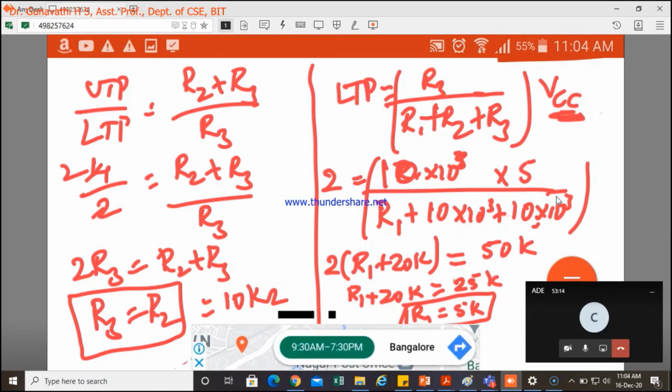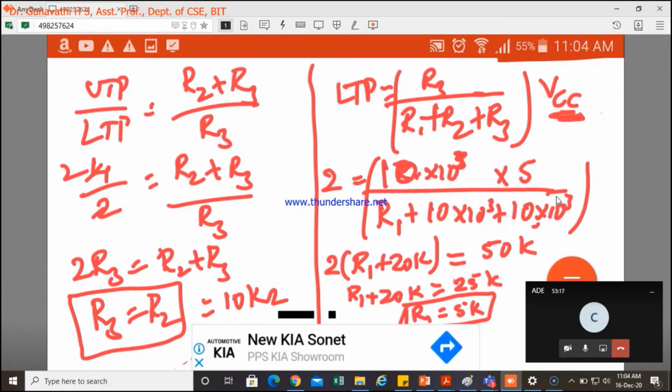If we are not sure, and our UTP is 6 volts, at that time we need to change the VCC. So instead of 5, just consider 12 and do the computation. If it is 12 volts, this value will change. But the voltage here does not change, because it is never dependent on VCC. R2 and R3 will be equal if it is 4 and 2. So then you can just substitute here. Compute it for any different value and do it.